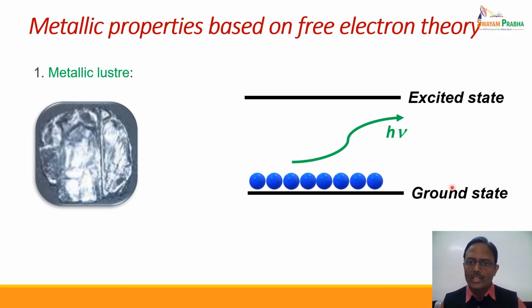Now since the energy gap between the ground state and excited state is fixed, the wavelength of the light which is emitted by this electron will be fixed, and since the wavelength is fixed, or the frequency is fixed, or the energy is fixed, as a result the color is fixed. That's why we can see that gold is yellow in color, silver metal has a tendency to show a bright white type of shining, while copper is reddish in color. So every metal has a fixed energy gap between the ground state and excited state, and so every metal will show its own characteristic color.